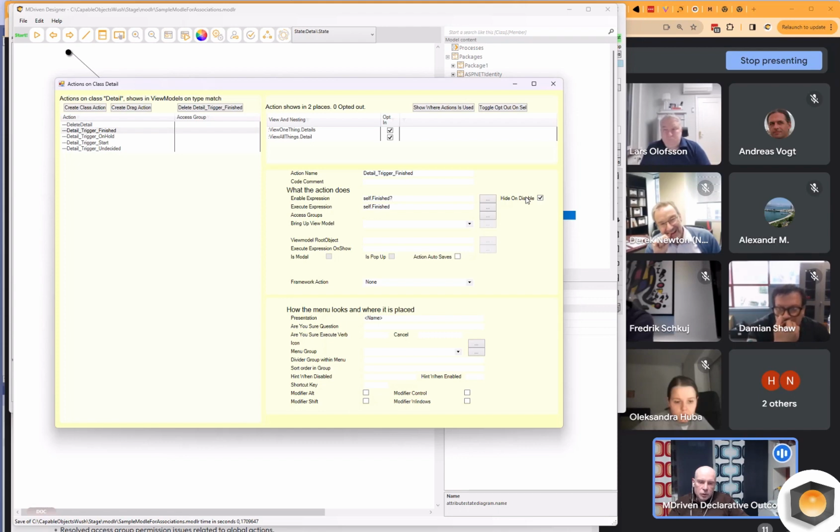And it's much better to show them the disabled actions as grayed out items